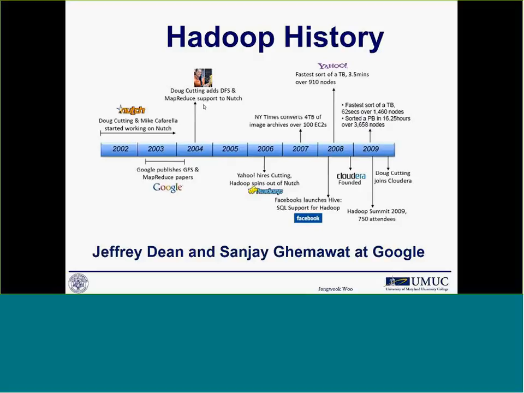So he built MapReduce code in Hadoop and ran it on Amazon EC2 using only $250. And 4 terabytes of image files were converted to PDF files in 1 day. Okay? So that is a famous use case of how Hadoop can be used for massive data sets, such as 4 terabytes of data converted to PDF files in one day